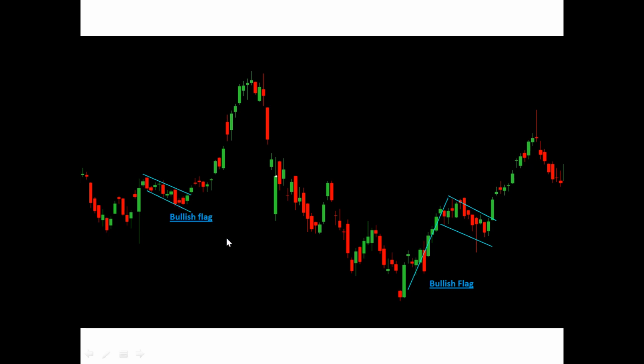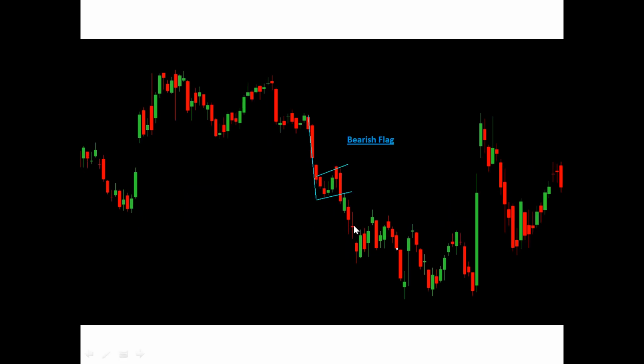This is one flag. So this is a second flag. From here you can see we have an impulse up move, a very fast up move. Then the market goes into consolidation, and when this trend line is broken, we again have a huge up move, and almost all our targets are achieved on the upper side. So the flag pattern is very widely seen. It's very often seen on the charts. It's a very popular pattern which gives a very good risk to reward ratio. There is very limited risk and the reward is very high.